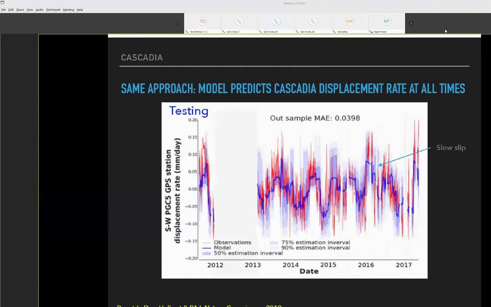So here's the result. I won't walk you through the details of how we got here, but I'll simply show you that on the y-axis is the displacement rate. I'm showing you rate rather than the actual displacement as measured by GPS, and that's the red signal. On the x-axis, you see calendar time. There's an empty space in there where there were no data. This is for a single station, by the way, GPS and seismic station.